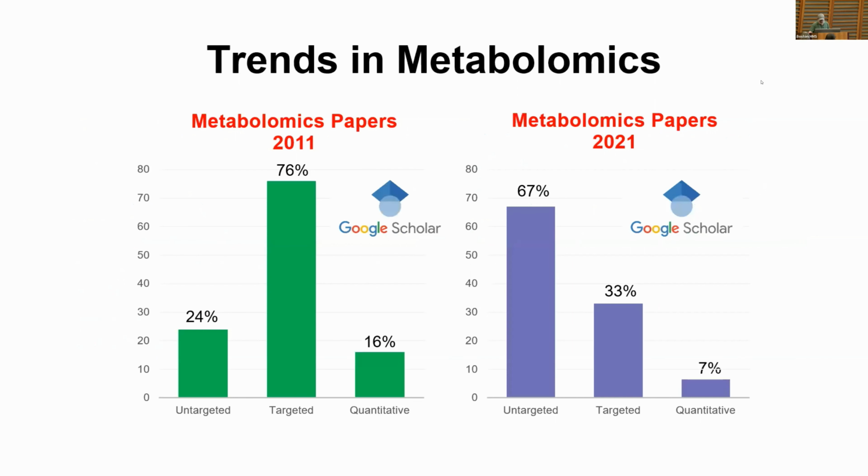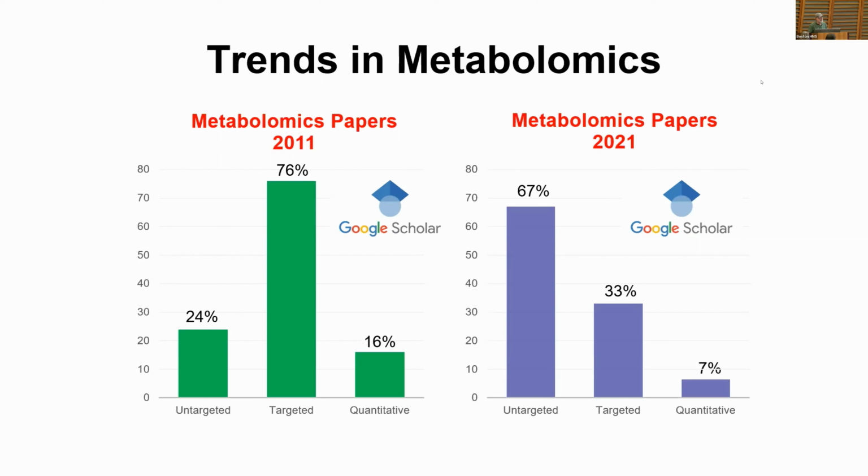So I've been looking at the trends. As I said, I've been working in the field of metabolomics for a long time. And I'm looking at the number of metabolomics papers that were published. Not only have I looked in PubMed, I've looked in Google Scholar. So we're looking at these graphs between 2011, 10 years ago, and 2021, which is the last year we have